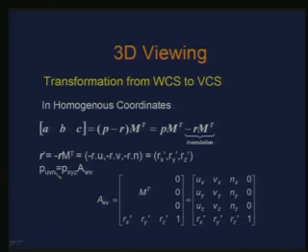So, now the point in u v n or viewing coordinate system is related to the point P in the world as x y z by this matrix A w v, where A w v is given by this, right. So, these are the translation terms added now, and this is nothing but the column vectors of the unit vectors in the viewing coordinate system,